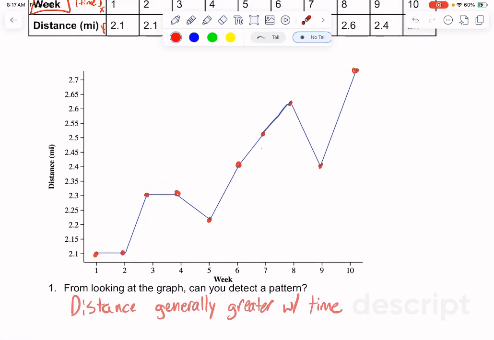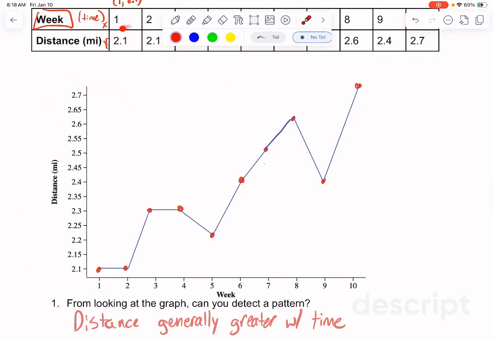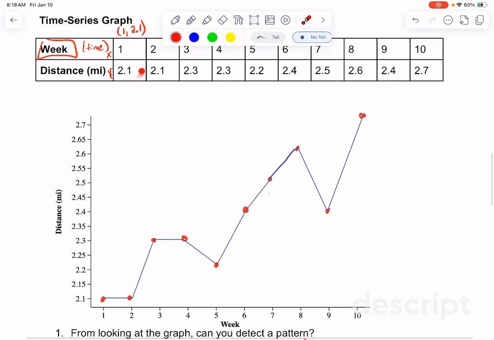The difficulty of a time series graph, I provided you with a scale on this one. Sometimes you're going to have to make your own scales. So I had the computer do this for us, but if I was just looking at the data, I'd see, okay, my least on my numerical, we've got 2.1 miles. That goes up to 2.7 miles. So I would probably just go by 0.1s. Start at 2.1, then go to 2.2, 2.3, 2.4, all the way up to 2.7. And then do your graph that way and scale it and make all your points.